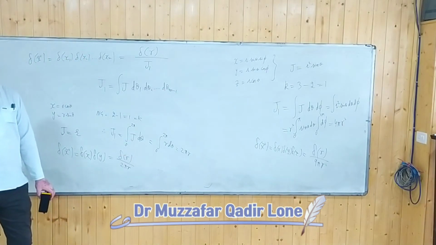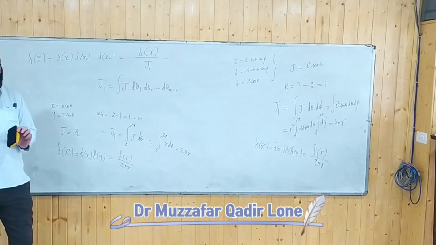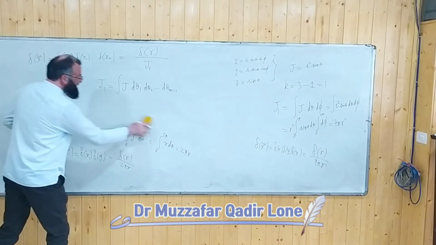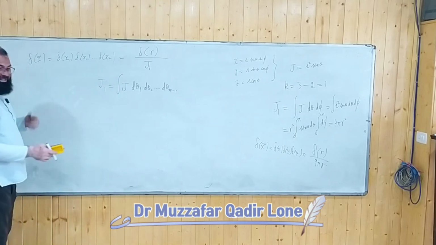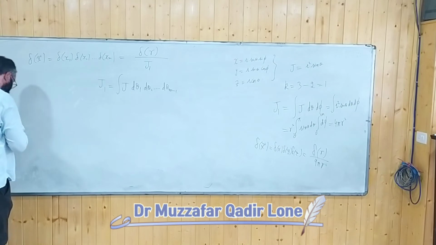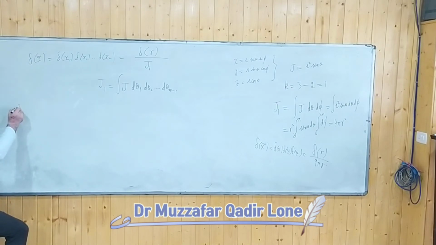Got it? You got my point? Okay, so now let's develop what is the Jacobian of the transformation in m dimensions. Let's do it by induction. So in 2 dimensions,